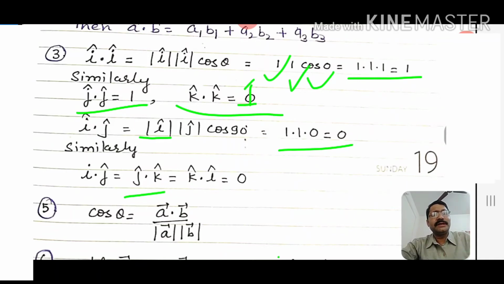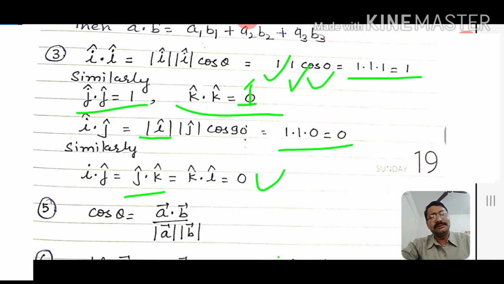Similarly, j cap dot k cap equal to k dot i equal to 0. So if you multiply i into i, you get 1, j into j, that is 1, k into k, that is 1. But if you multiply i by j, j by k, k by i, you will get